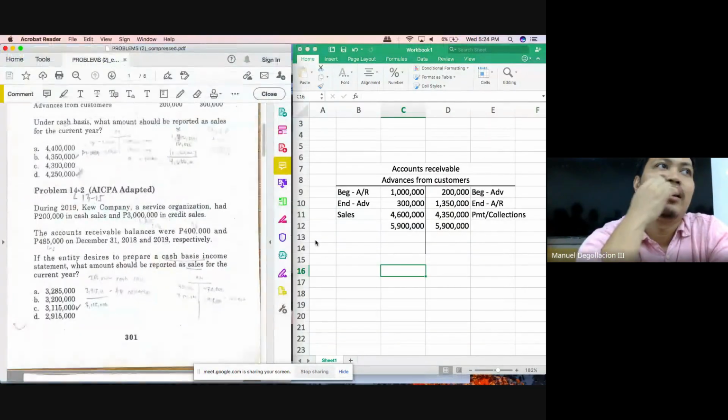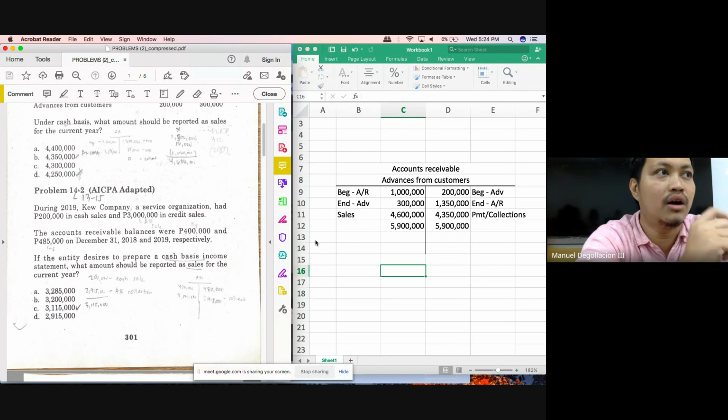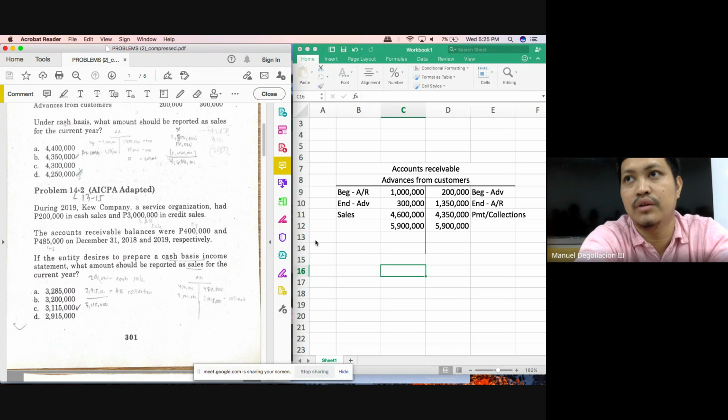Okay, so the reason why I discussed the first solution with you, the one wherein you will have to add or deduct the 350 and the 100 class, it will help you as you solve problems in the exam because it will allow you to solve problems without having to write down anything on the questionnaire. Okay, you just try to solve the difference between the 1 million and the 1,300,000, which you should be able to solve without using your calculator class.